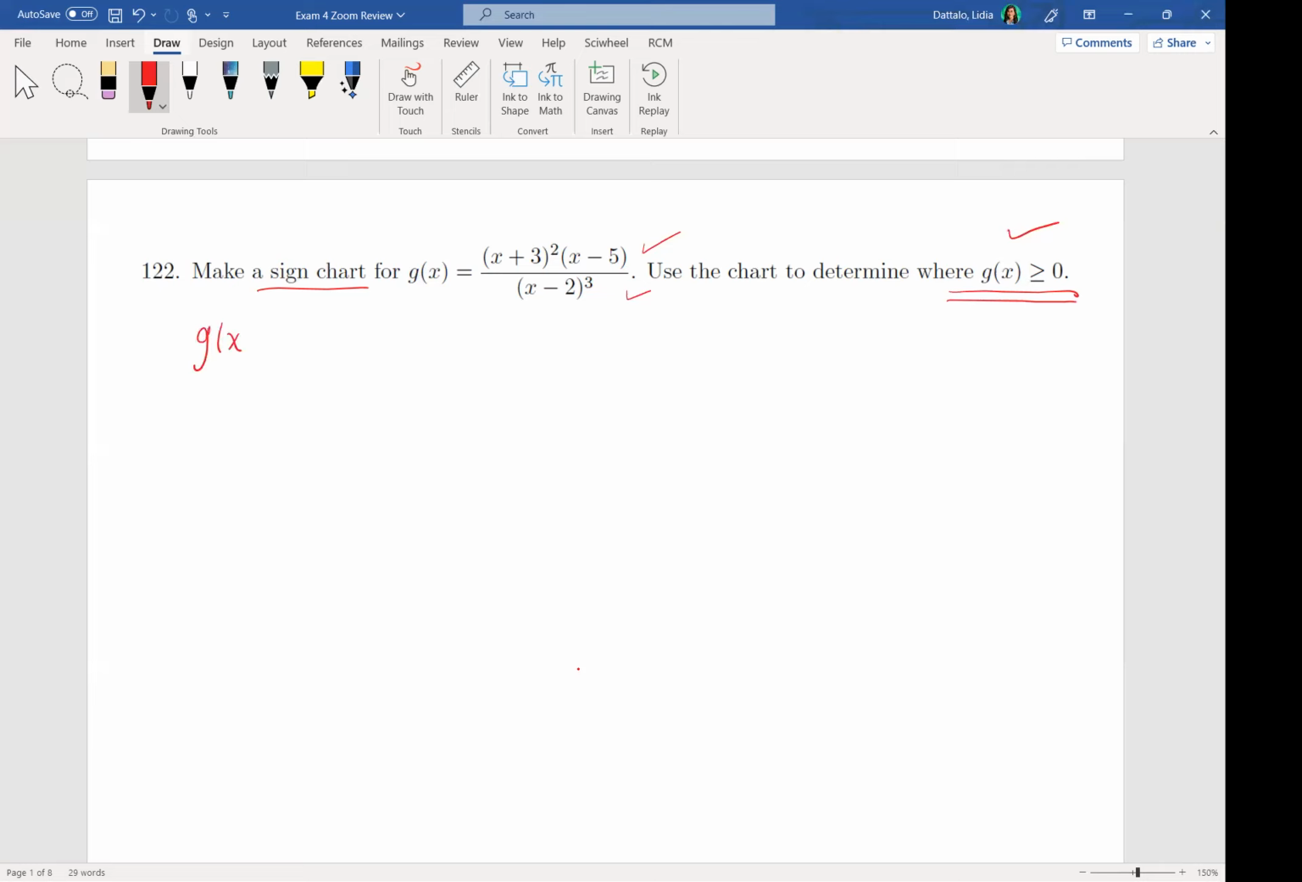Let's just make a couple of notes. G of x greater than 0 means when g of x is a positive number. Okay, so we want the left side of the inequality, the rational function, to be pluses when we find out what the answer is. All right, well, the very first thing we want to do is find